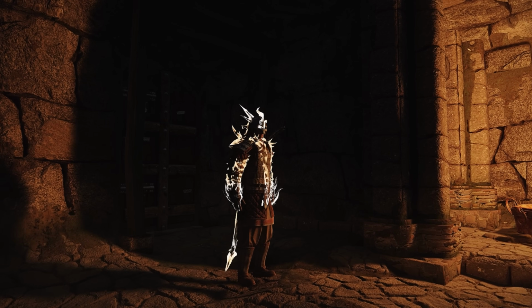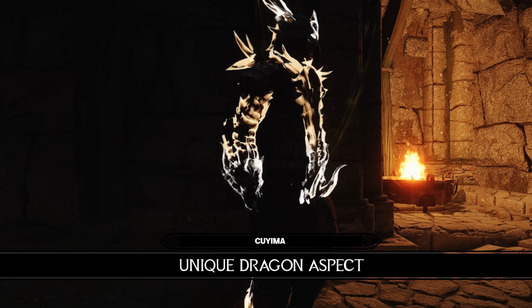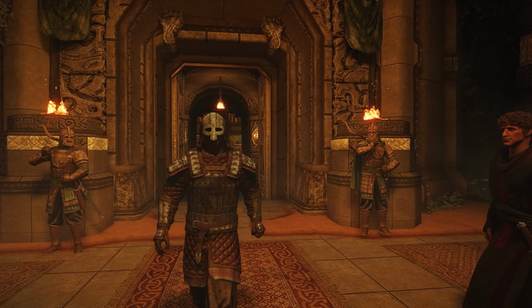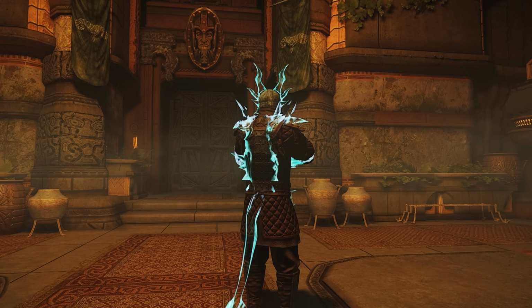But up next and final mod of today, this mod is called Unique Dragon Aspect. Overhauling the dragon aspect for either you or Mirak. You can change whichever one and set whichever one to ones you want. But if you don't want this mod touching you, there's an installation option. You can pick whichever color you want, and when you install the mod and join in game, you'll have the